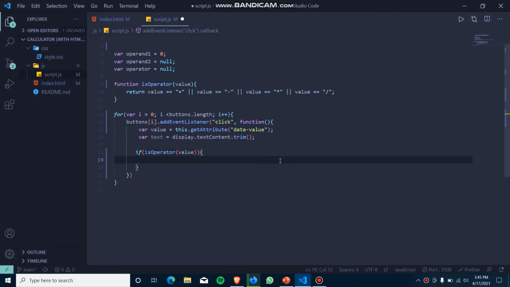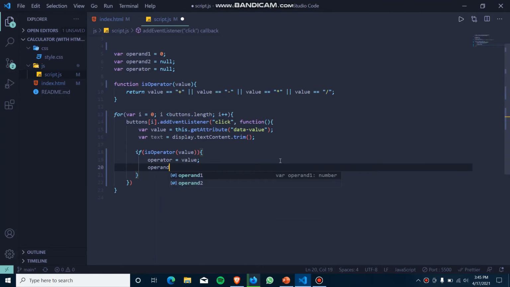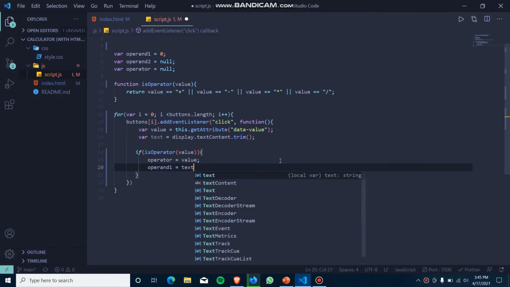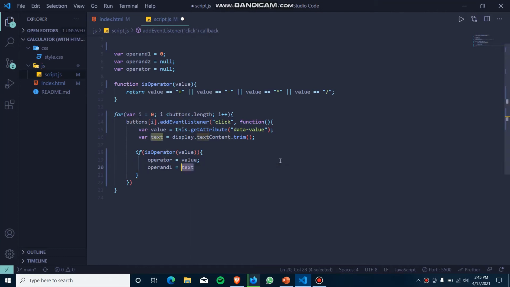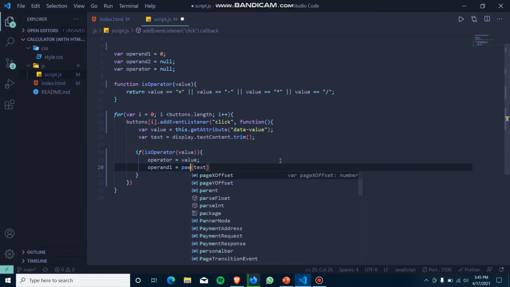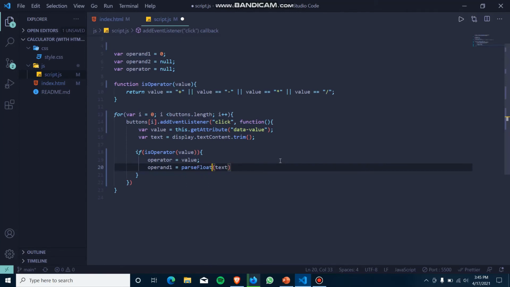Now we have to pass the value as parameter to this, and now we have to set the operator as the value, and operand 1 as the text which is displayed on the screen, which is basically a number like 129, and we have to convert this to a floating number. For that we have to use parseFloat. Now we have to set the display screen as empty. For that we set display dot text content equals to an empty string.